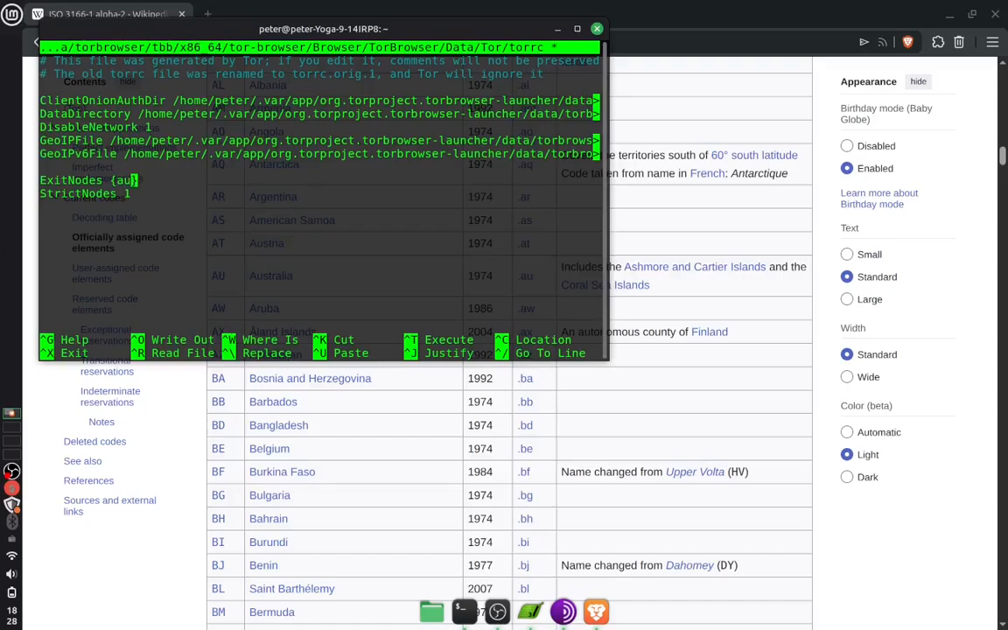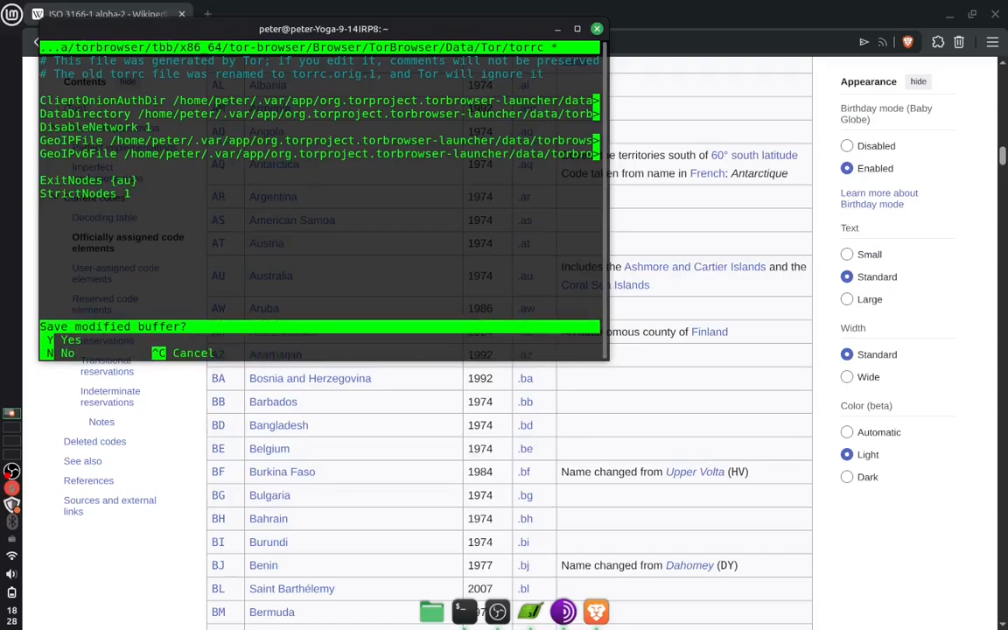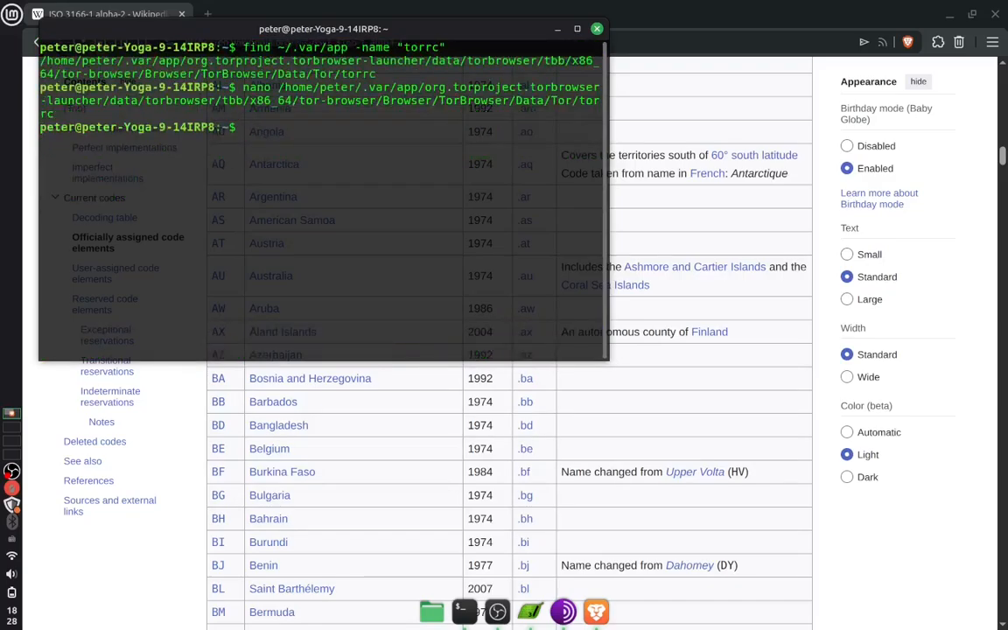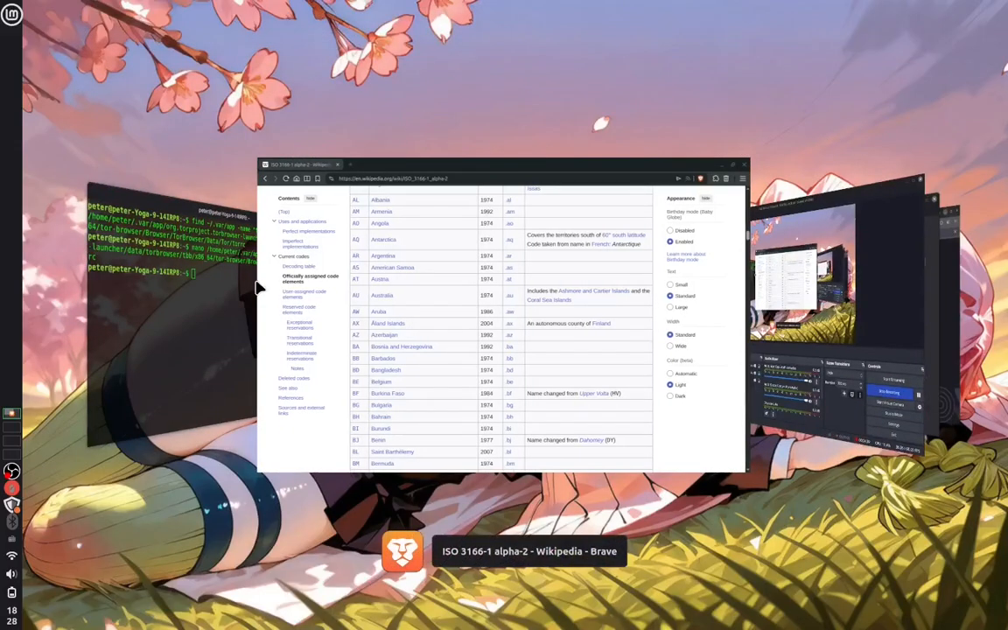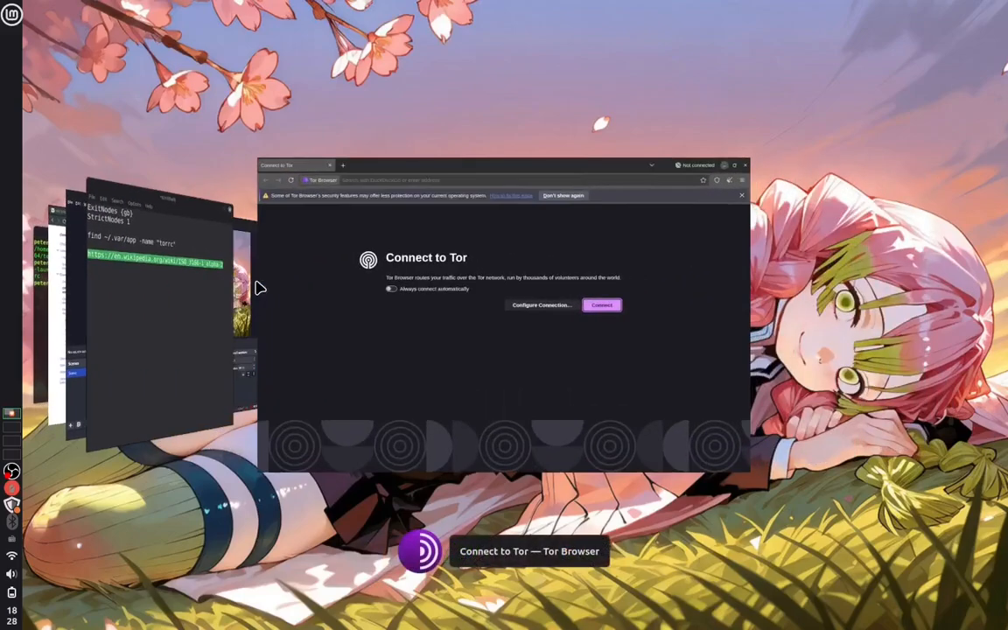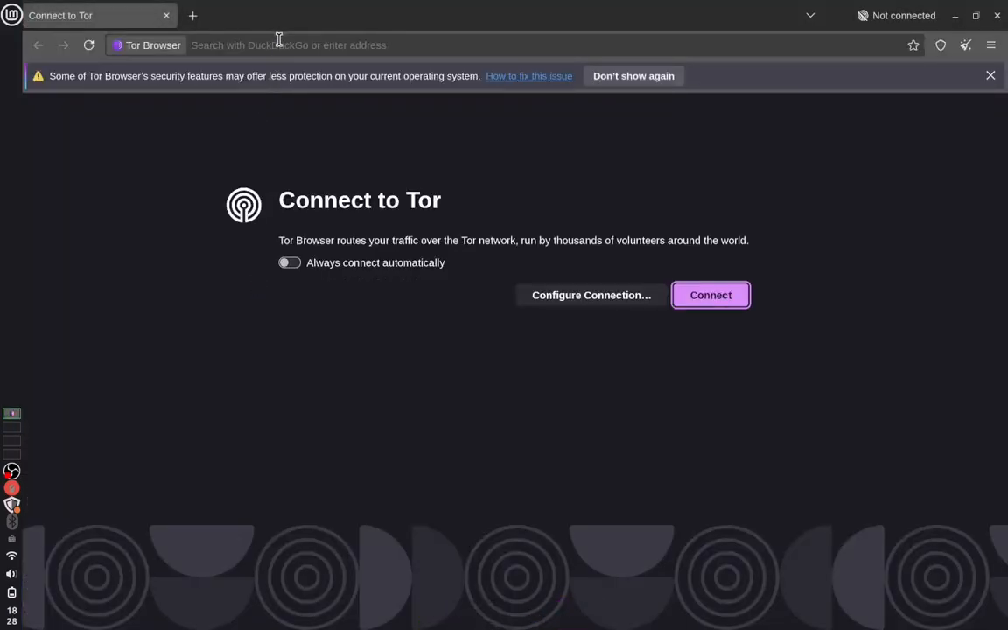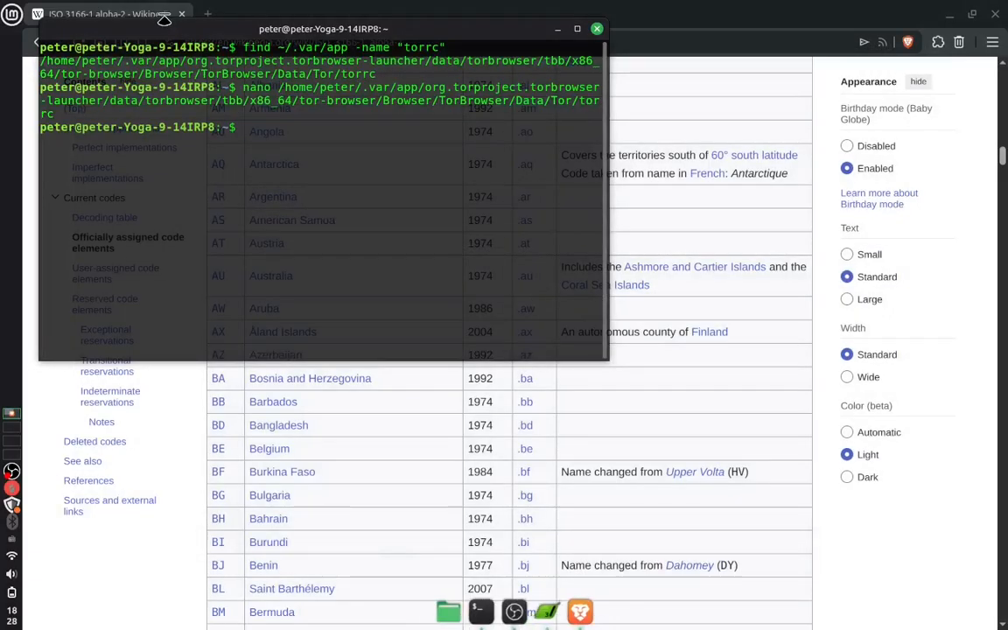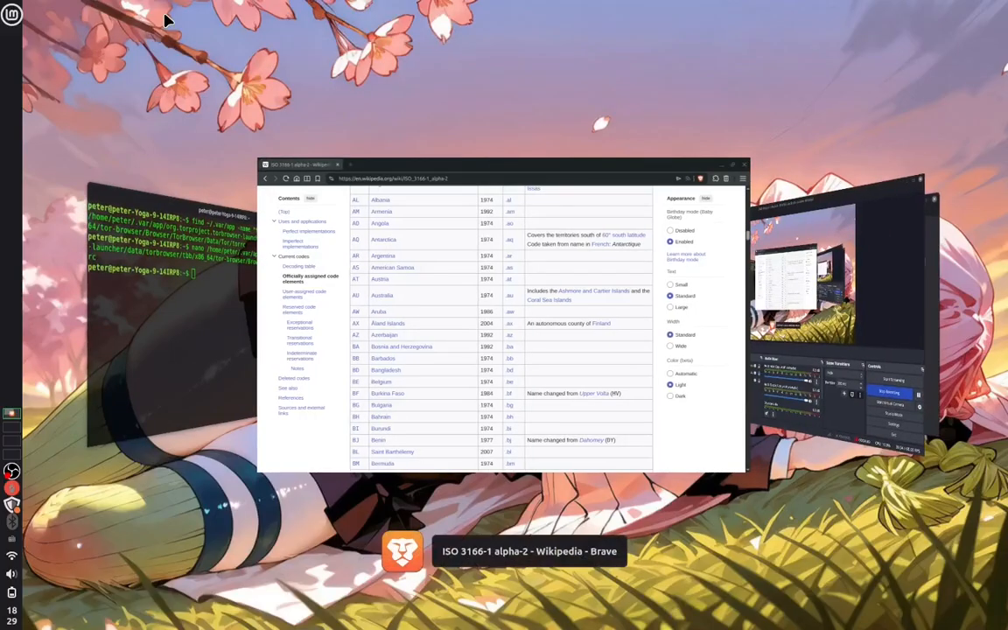Now Control X to exit, press Y to save, and just press enter to keep the same file name. That's done. And now in your Tor browser it should act as if you're in Australia. I'll just get out of it and actually